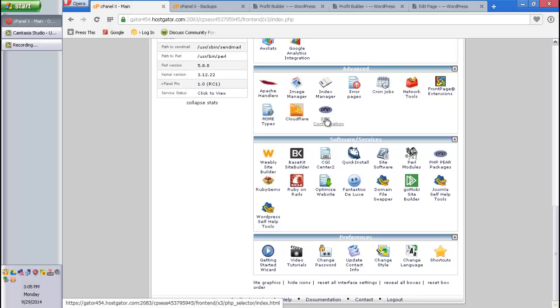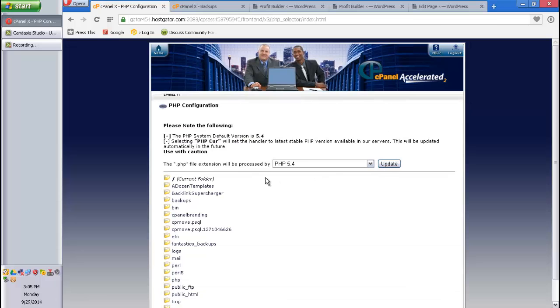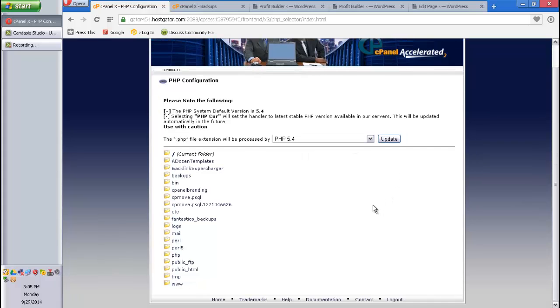The way you can do that is come in here, it says PHP configuration, click on it, and you'll get this window here. Now, you can see it says 5.4. That's supposed to be the version for everything on my server. But that doesn't truly stand true. Where it says public HTML down towards the bottom,